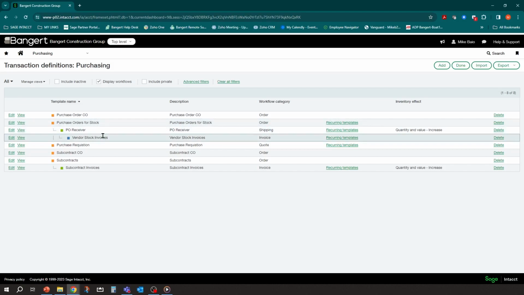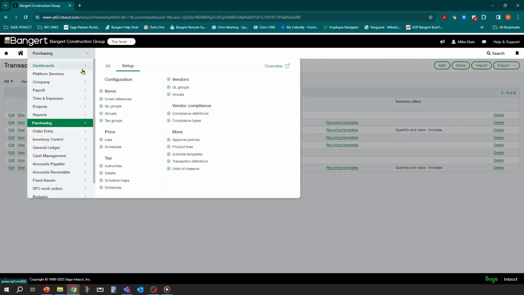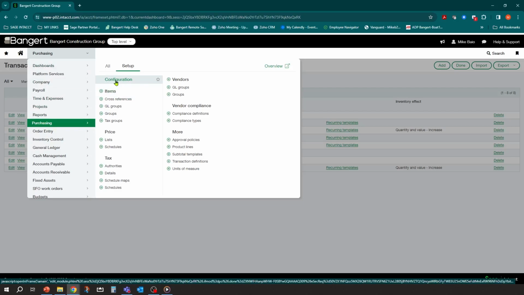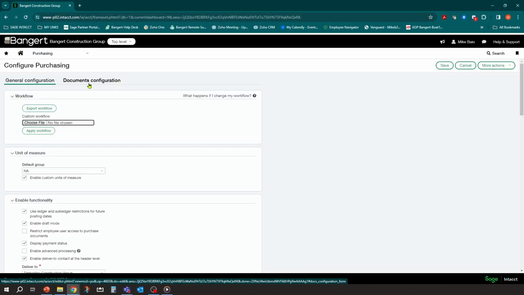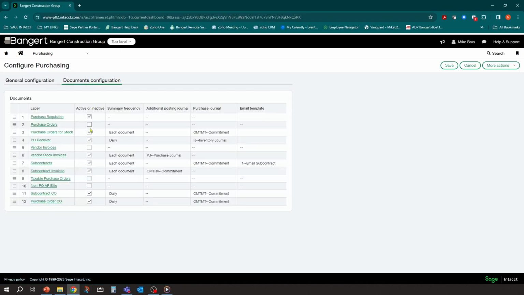One other step, like I said, we have to see where it points and tells the system to use what books in the general ledger so that we're not posting to actual accrual books for some of those entries. So once you have these set up, the last step would be to come into purchasing configuration or whatever module you're in. If you're in order entry, if you're in inventory, it's the same process. And you'll come into configuration here and you'll have a documents configuration tab. So here's where you can make them active or inactive. And here's where you can default how detailed the entries post.